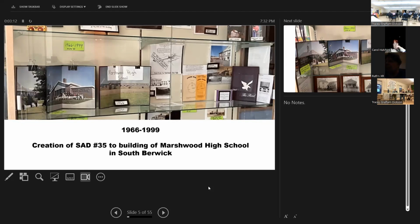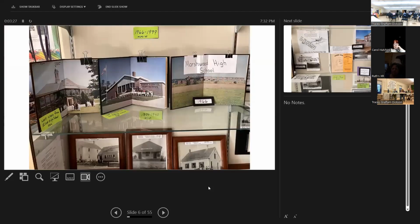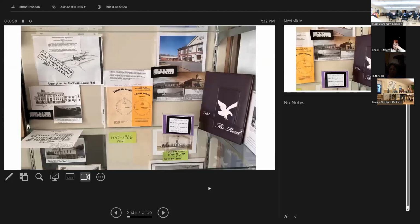which were housed in the church, and then they moved into the elementary school, and the central school, which was their elementary school in South Berwick. And these are just some close-up pictures of that, showing Marshwood High School in 1966. Just another close-up showing